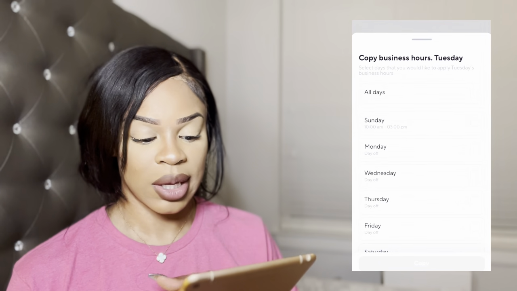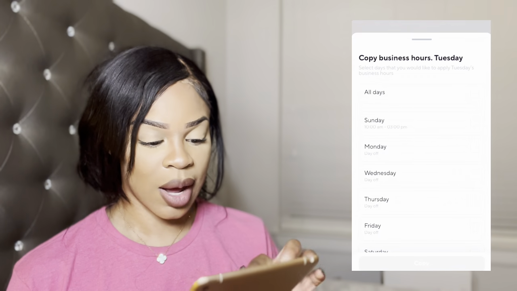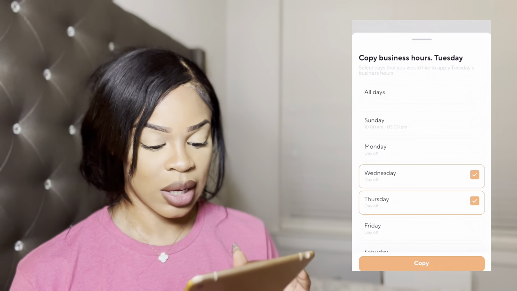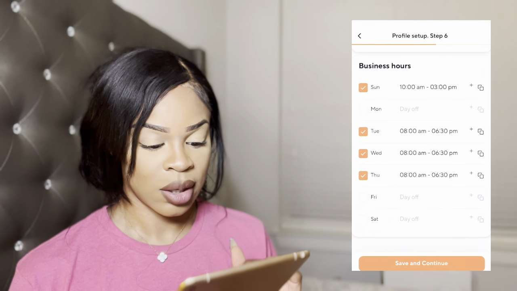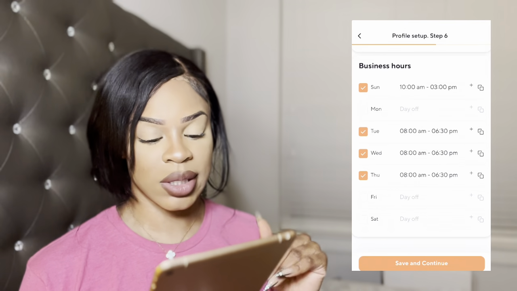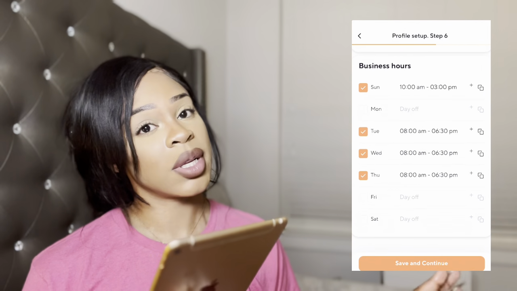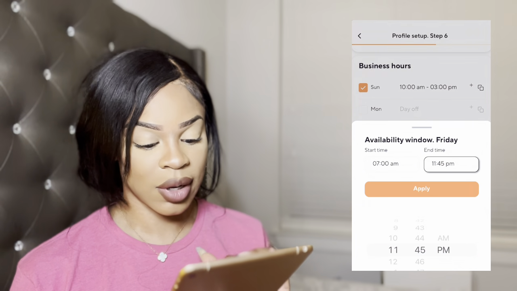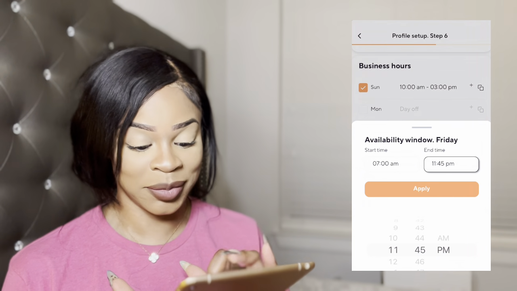What I'm gonna do is I'm gonna hit that duplicate button. So it says copy business hours for Tuesday, and I'm gonna copy this for Wednesday and Thursday. So now my Tuesday, Wednesday, and Thursdays all start at 8 a.m. to 6:30. Fridays, y'all know I'll be in the shop all day on Fridays. So Fridays, I actually start at 7 o'clock in the morning.